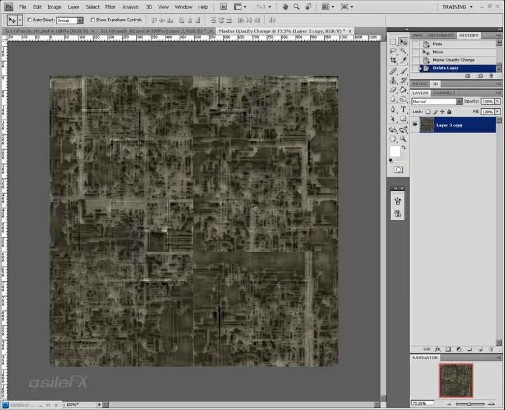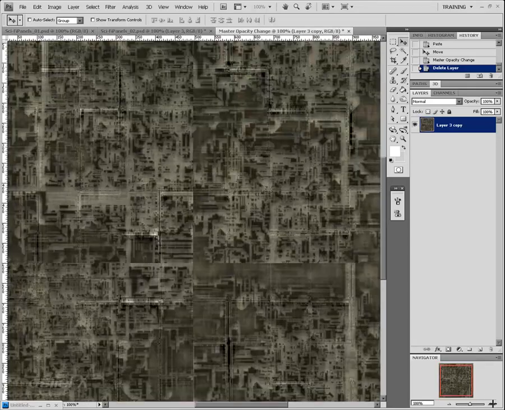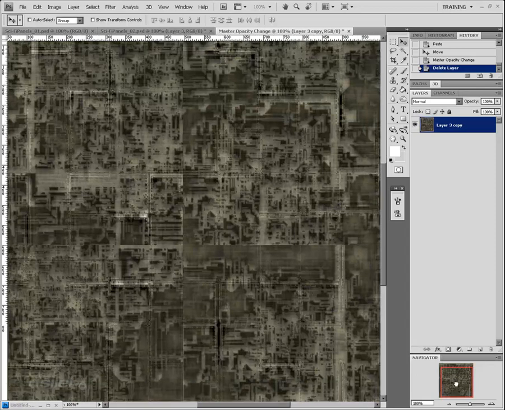For the most part, because we worked with everything being mostly square and making sure we had 45-degree angles for our cuts, it's going to be really easy to create a seamless texture out of this. And we can already see that the seams, although they do show up, it's not something really obvious as it would be with other types of textures because of our